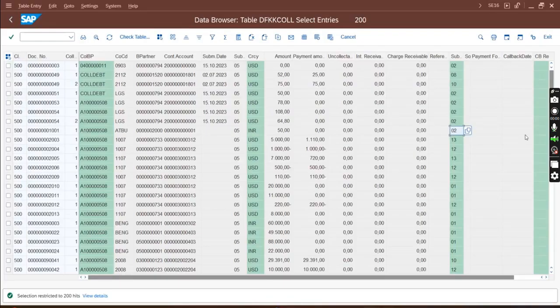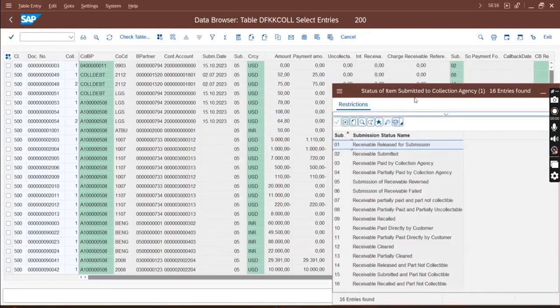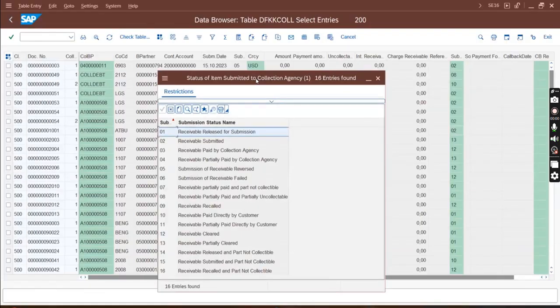Okay, when this debugging is needed, it is never done in production. Say by mistake you have submitted, you wanted to do something, you have released, but by mistake you submitted, but you want to perform something before submission. Now you have to recall it. Okay, but you don't have that option. How will you do it? You will just change it from the table. Change it from 02 to 01, so that 02 items will never be submitted again, because 02 itself is submitted. So what you can do, you can make it 01. Because before submitting it will check from this table only, you make it 01 and the system will check, okay, it is released, then it can be submitted.